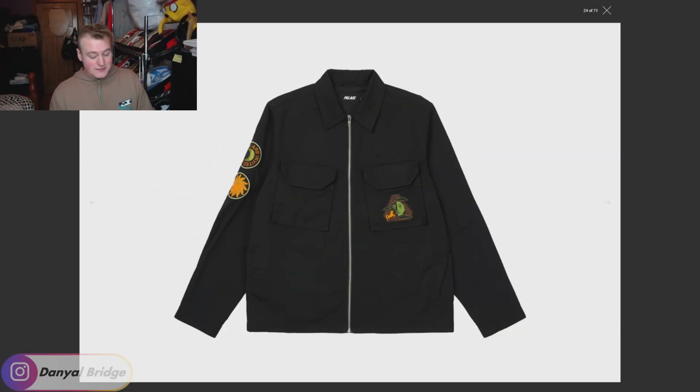Now at item number 6, we have the Da1 Cargo Jacket. Now, I think it's called the cargo jacket mainly because of the style of pockets on the chest there. The jacket itself actually looks a little bit more like a work jacket, but as I said, I think it's the pockets that is giving it its name. It features a little Tri-Ferg graphic on the left breast there, 2 little graphics on the right arm there that